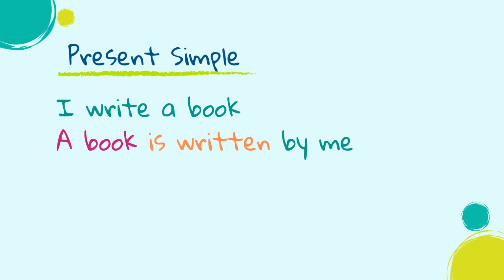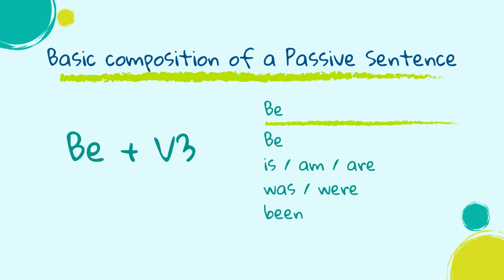Then we change the word write into the past participle, or verb 3, of write, that is written. So the composition of a passive voice is be and verb 3, and that's why the sentence becomes